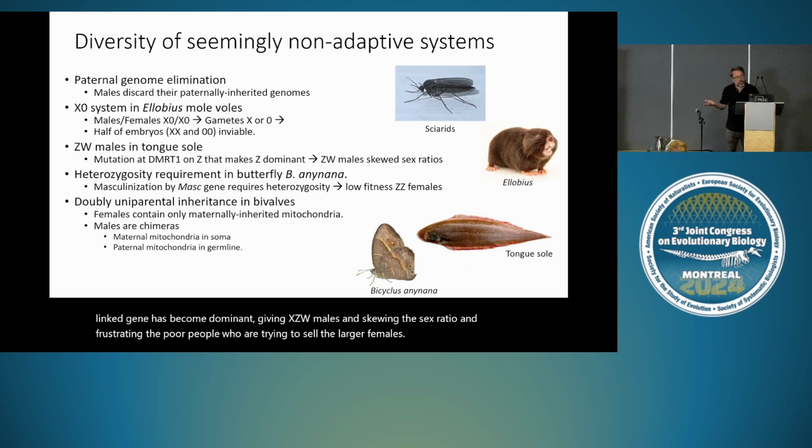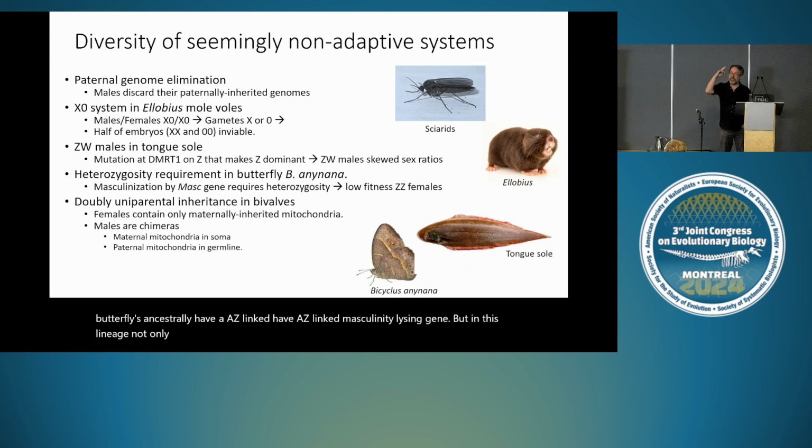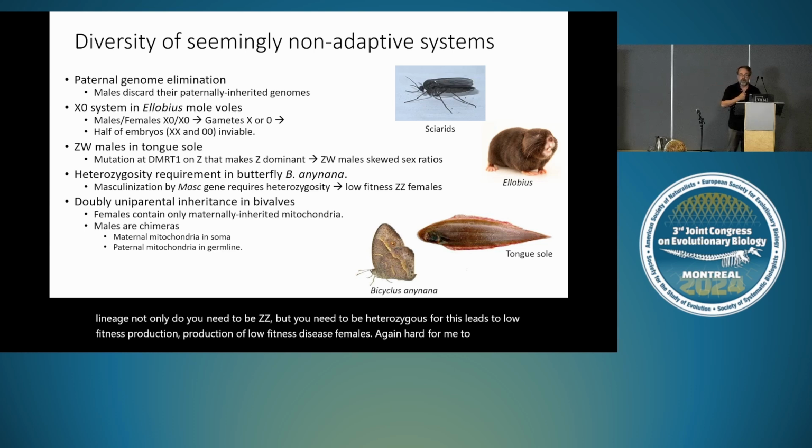There's a brand new paper showing a heterozygosity requirement in a certain butterfly. Butterflies ancestrally have a Z-linked masculinizing gene. But in this lineage, not only do you need to be ZZ, but you need to be heterozygous for this. This leads to production of low-fitness ZZ females. Again, hard for me to explain by neutrality or by